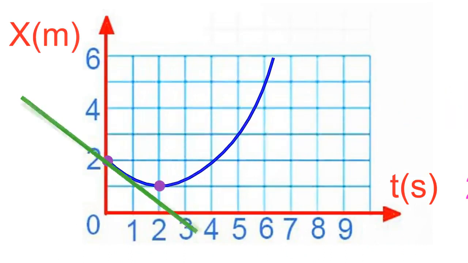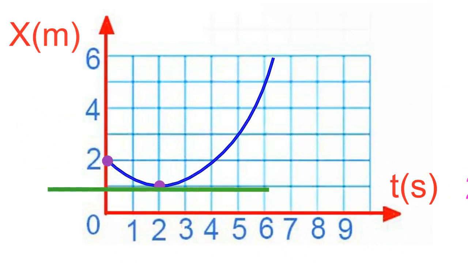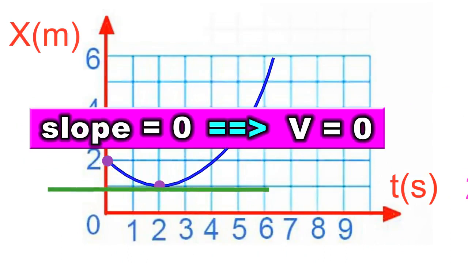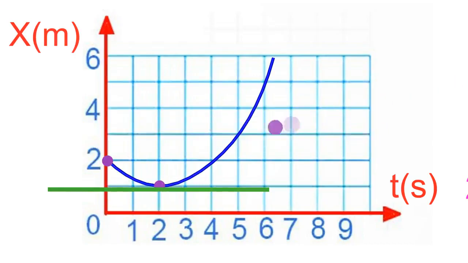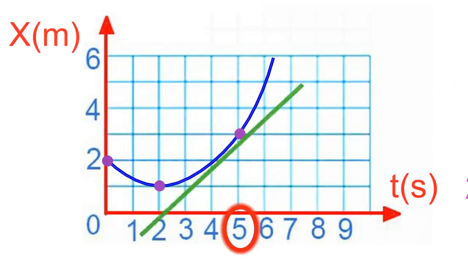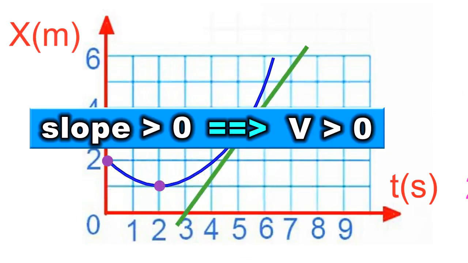At this point, it means moment 2. The slope of the tangent line is 0. That is, at this moment, the object stands still for a moment, and changes its direction of movement. At this point, that is moment 5, this line is upward. From this, we know that velocity is positive, so if the slope of the tangent line is positive, the object moves in the direction of the